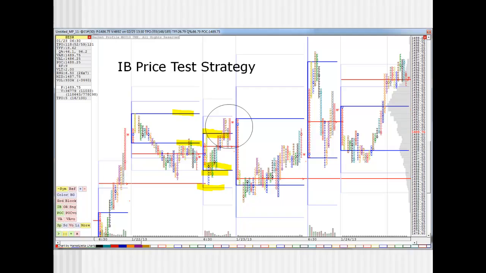again, if you would have used the initial balance low as your stop, in this case, you would have gotten stopped out. So sometimes it may behoove you, when the range is so tight or so narrow, between the initial balance high and the initial balance low, to use for your stop loss the lower initial balance reference point, meaning the 150%